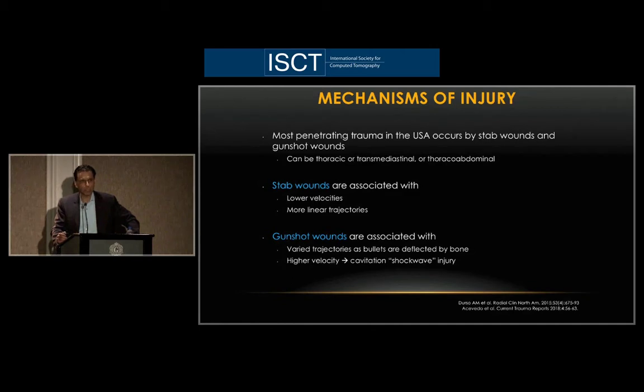It also depends on the type of tissue that the bullet traverses, of course. The more dense the tissue, the more catastrophic the injury. The more elastic the tissue, the less catastrophic the injury. And also the higher velocity versus a lower velocity imparts different types of pathologies on the organs that we